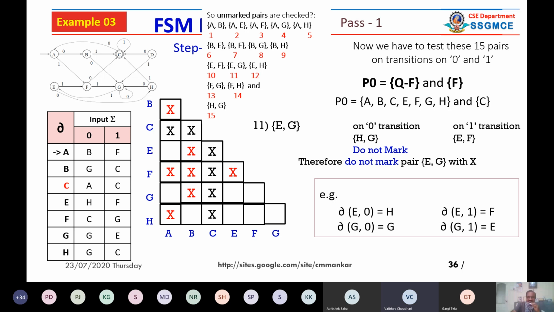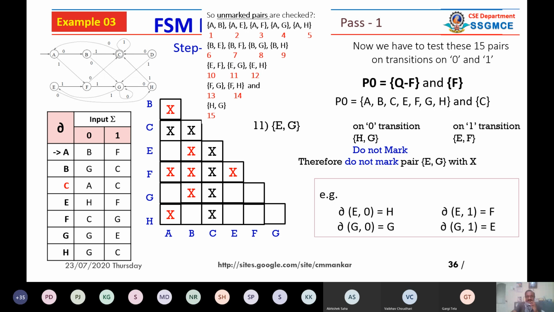तो EG में क्या हो रहा है कि on 0 it is going to HG. So what I suggest is that you write down this example in your copy and just repeat the computation. So you don't need to do a large number of examples, you have to work out on only 2 or 3 examples. Once you get a logic, there is no problem. So here is what is happening on 0, HG is there. So there is no transition between partitions and EF is there. It is again on the left side. So we do not mark EG.